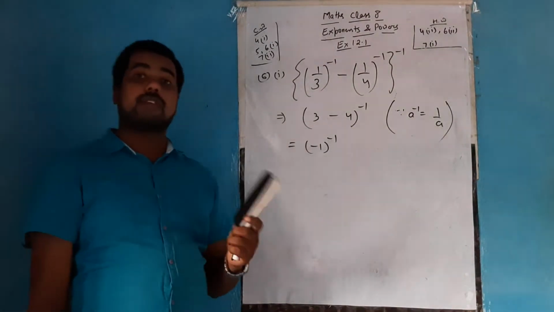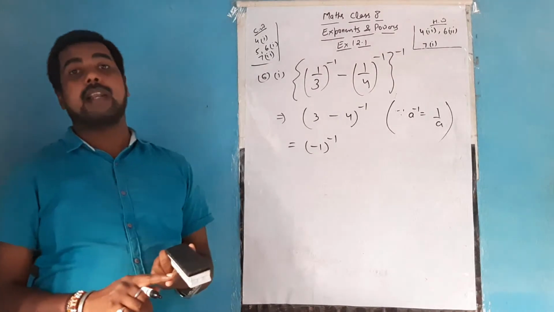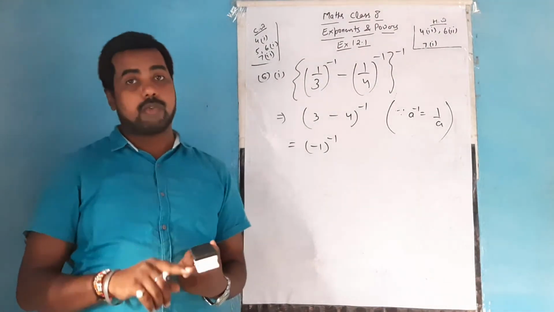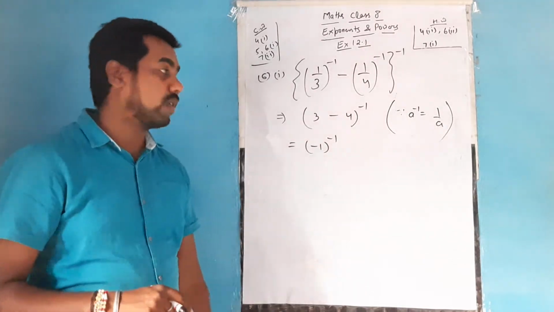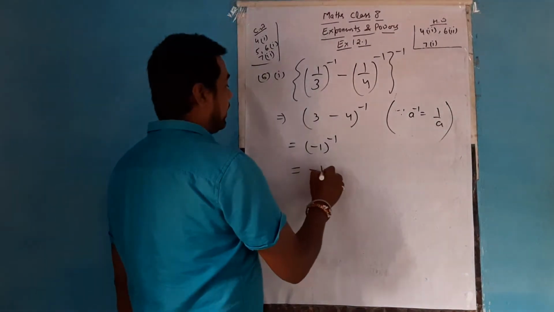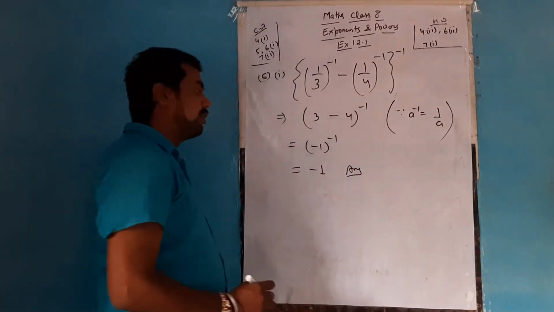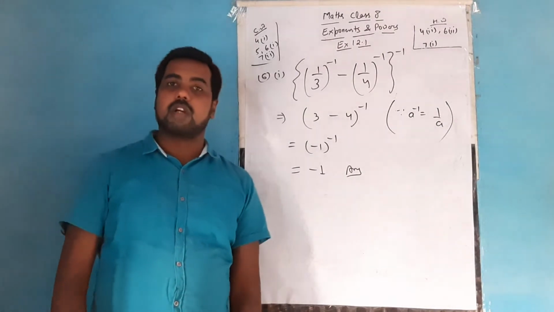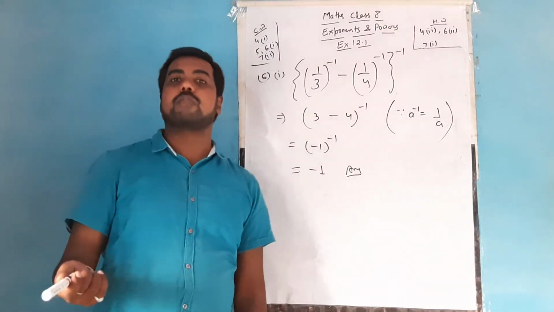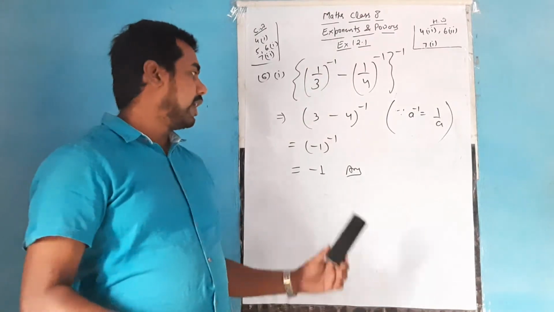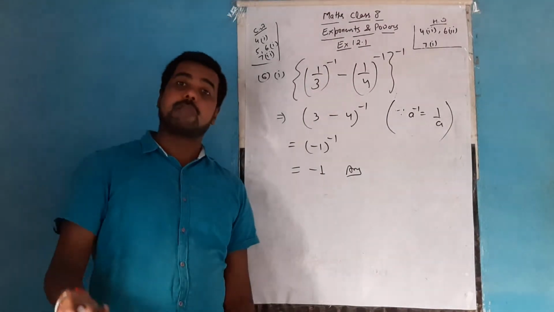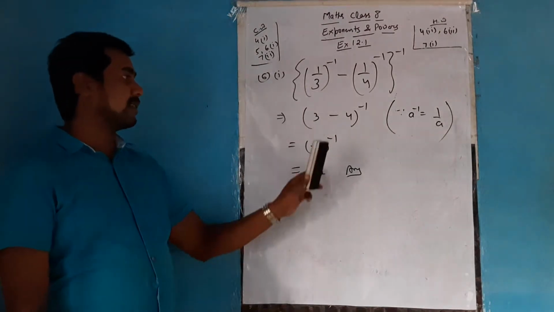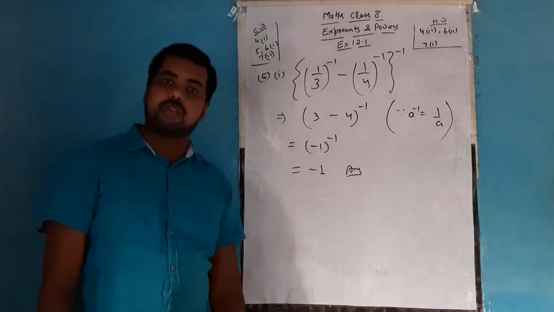Now you have studied in the first chapter that the numbers 1 and minus 1 are their own reciprocals. It means the reciprocal of 1 is 1 and the reciprocal of minus 1 is minus 1. Keeping that concept, the reciprocal of minus 1 remains minus 1. So the answer is minus 1. Whenever you get 1 in the base and you have to make the reciprocal, it remains 1 itself. If you get minus 1 in the base, the reciprocal of minus 1 is minus 1 only. So directly you may write minus 1.